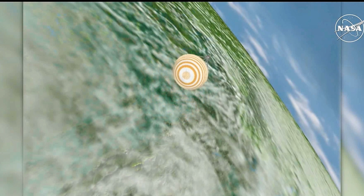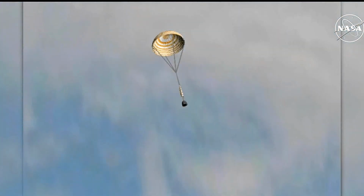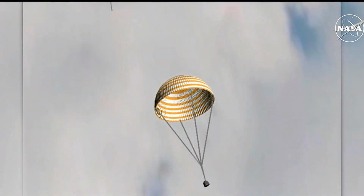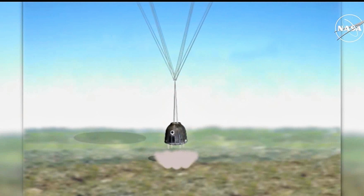About 15 minutes before touchdown, a series of computer commands will first deploy a drogue chute. The drogue chute then will pull out a main parachute on the Soyuz. And just about 2 seconds before touchdown, soft landing engines will fire to further slow the Soyuz down, enabling it